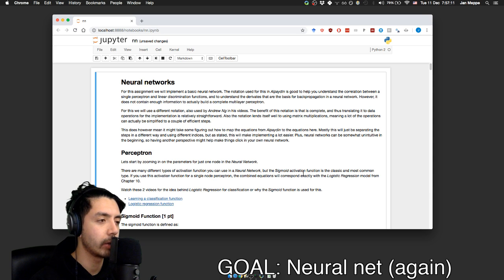But the sigmoid activation is a classic and most common type, which is not true actually. I think the most common type is a ReLU or a leaky ReLU. That's because it achieves very good classification, but the derivative is extremely simple. So especially in deep networks, the most common type is not a sigmoid one, but a ReLU, like a leaky ReLU. If you use this activation function for a single node perceptron,